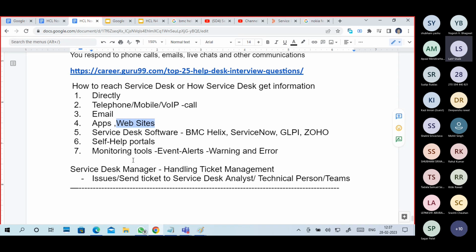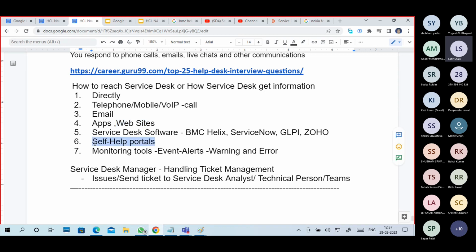There are also support-related applications, client side and server side, and websites. For example, in the Amazon application there is a support system. You click it and tell something, and you'll get information.